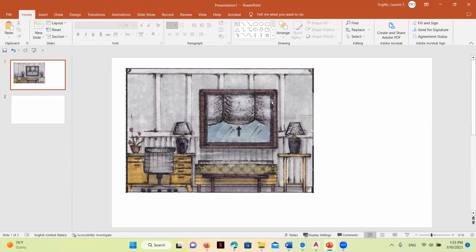Now, what we need to add, if we were going to put this in a presentation for one of our focus areas, is to make sure that we have a title, scale, the elevation tag that corresponds to the tag on the floor plan, notes, and a scale figure. Now, the scale figure, I'm going to start at the end here. The scale figure, you can just draw in manually by hand. My elevation should have it, but it doesn't. So all you need to do is just bring in a very simple scale figure.